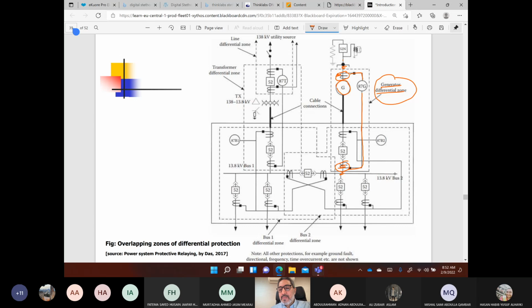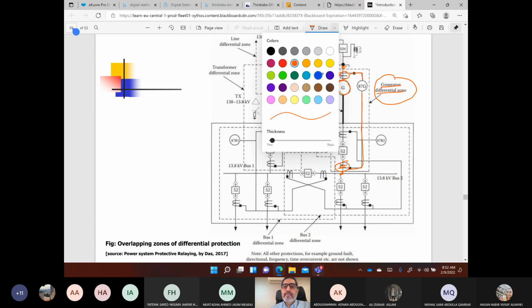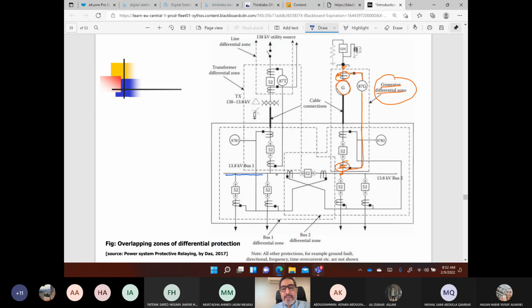Similarly, for bus bar protection, now we have two bus sections. We have this and this section, and this, I call it a bus tie breaker, which splits the bus bar into two sections. Now each bus section has a differential, which defines a zone. Okay, now how do you protect this section? How do you detect the faults in this section? We use